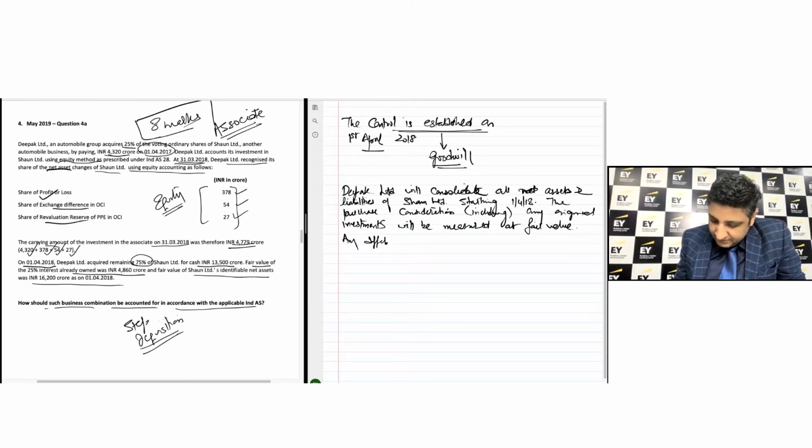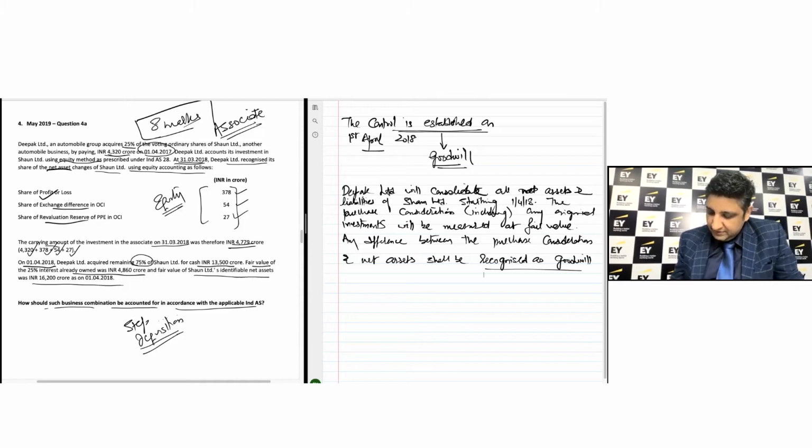Any difference between the purchase consideration and net assets shall be recognized as goodwill. Difference between what you're paying versus what you're getting is going to be a goodwill or a capital reserve,